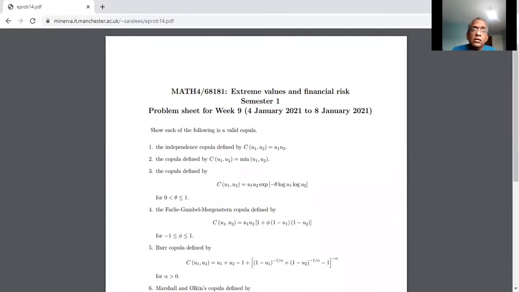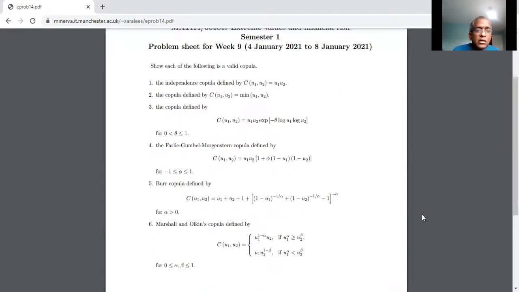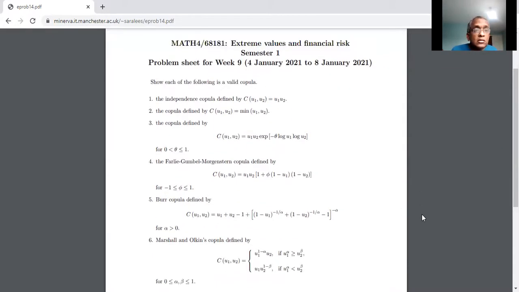So it's based on the material that we did on Tuesday of this week. So let me show you this one. This is the tutorial sheet for today. And there are six questions. The first one I have already done as part of the review session on Tuesday. So you can start with number 2,